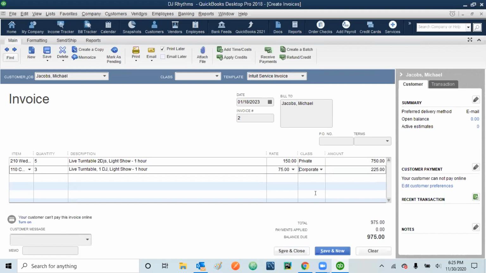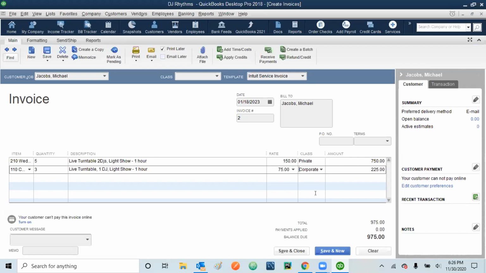So here comes corporate. What we are doing here is trying to segregate the classes. Let's say, just to give you the idea of what we have done: Caitlin Landon has done the transactions, which are both as a private customer. Jacobs Michael, or Michael Jacobs maybe, is a person who is doing two events. One is for the office, one is for his personal. So he makes one as private, the other one as corporate.